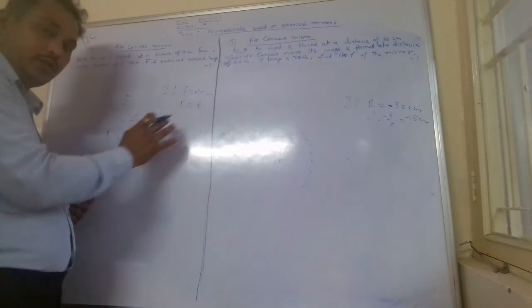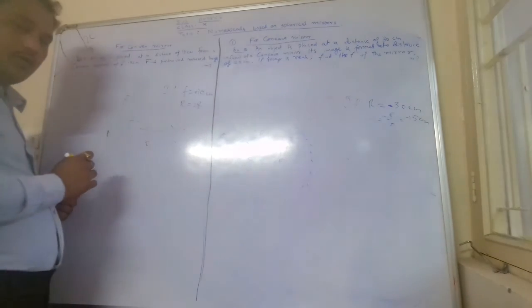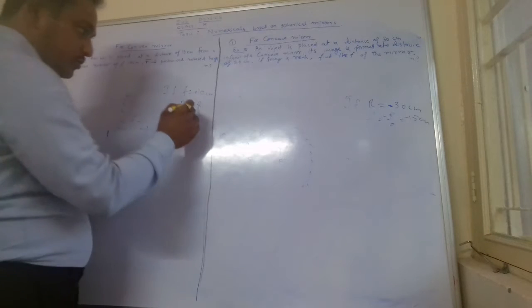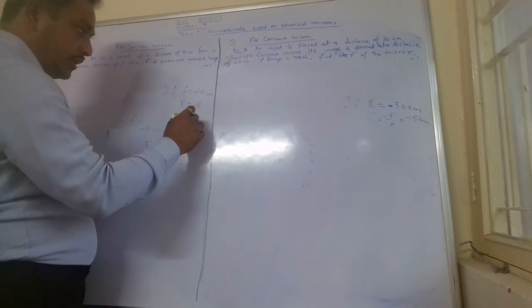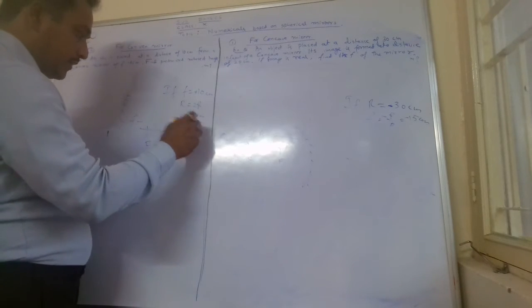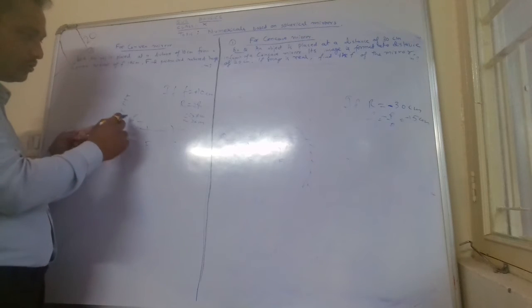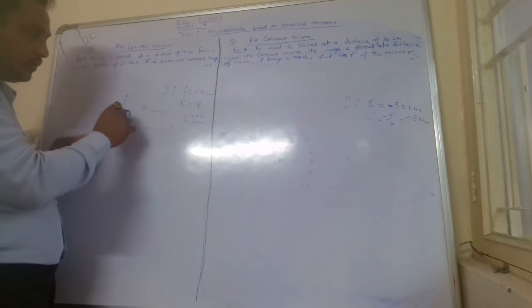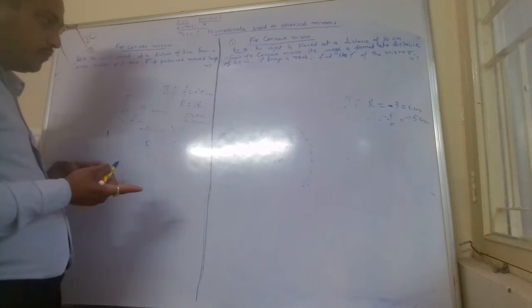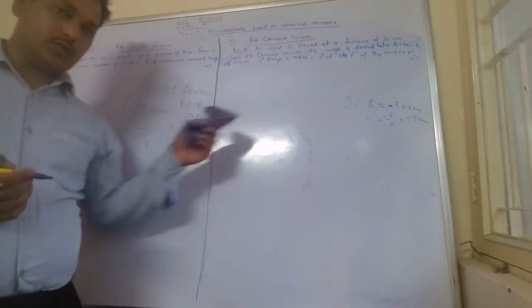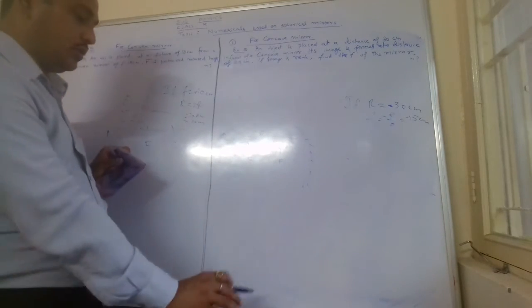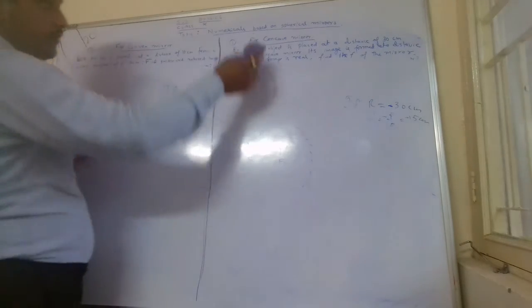and similarly r will be found by the formula. What is the value of r? 2 times focal length, double of the focal length, so this will become 2 into 10 cm, which is equal to 20 cm, as it is clear from the diagram also, which is on the right hand side. Value of r and f will be always positive. Okay, so these are the basic very small questions. Now let us see the other question which I have written here.